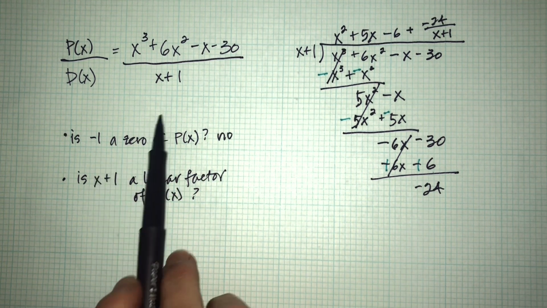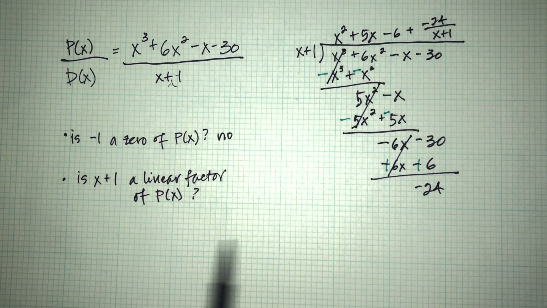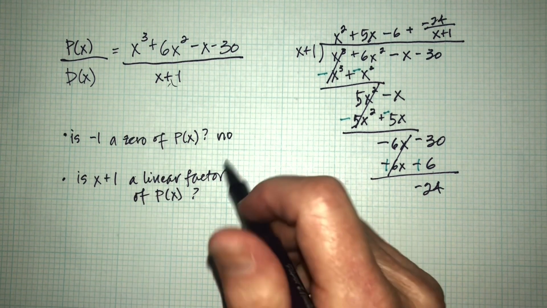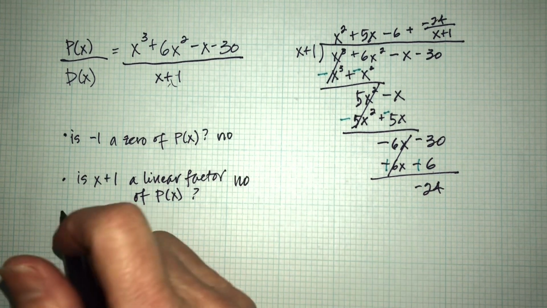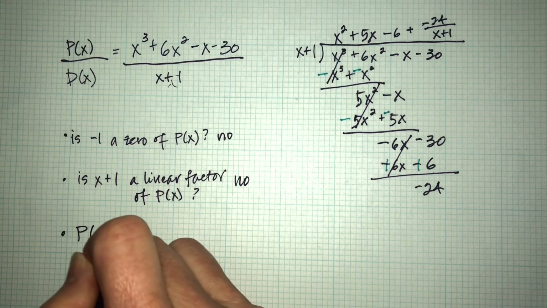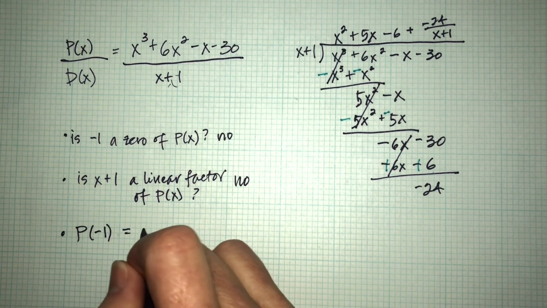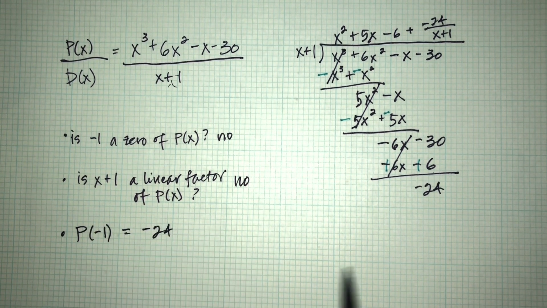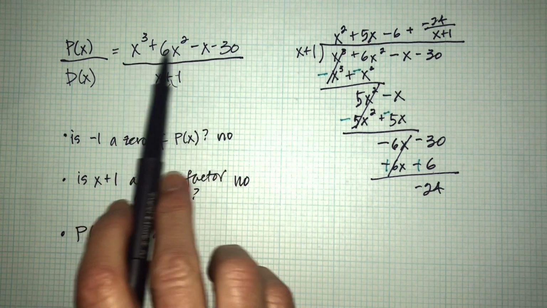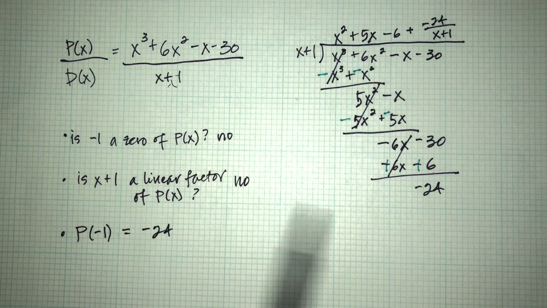The negative 1 or whatever number you've got there is not a 0. Is x plus 1 a linear factor? Also no. The other thing it tells us is that p of negative 1 equals negative 24. In other words, if you plug negative 1 into this polynomial here in the numerator, you will get the result,